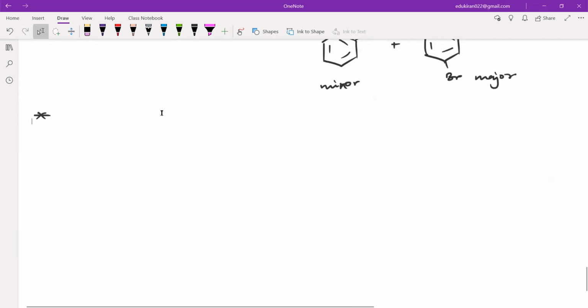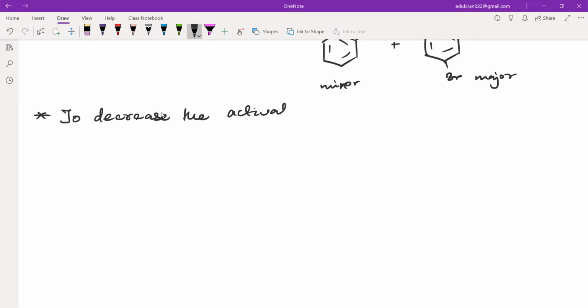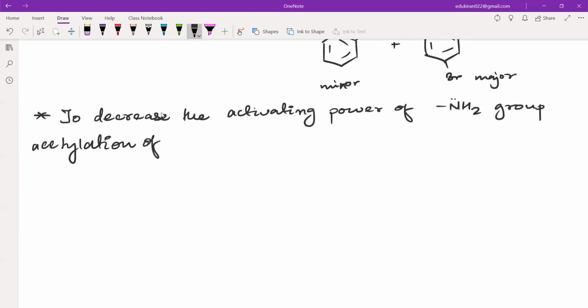To decrease the activating power of the NH2 group, acetylation of aniline is done, which forms